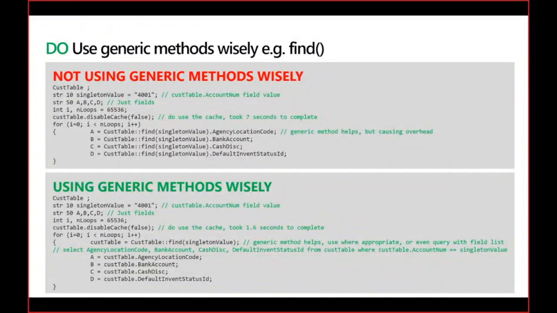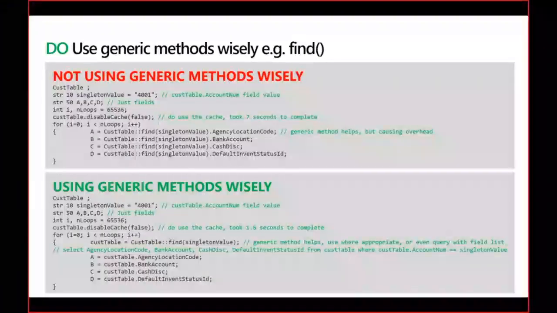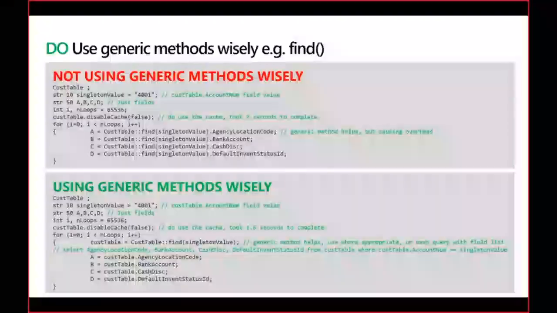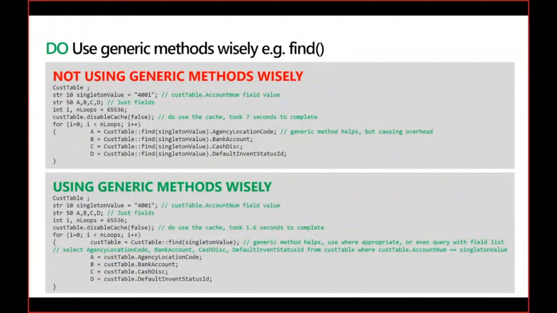So we're just adding different find methods, like here is A, B, C, and D. And this can cause an overhead, versus the other one where we just do a single find method and then just assign the variables. There's one comment to this, and we could go as an alternative solution. You could also use a query with a field list, which is a comment made at the bottom part here